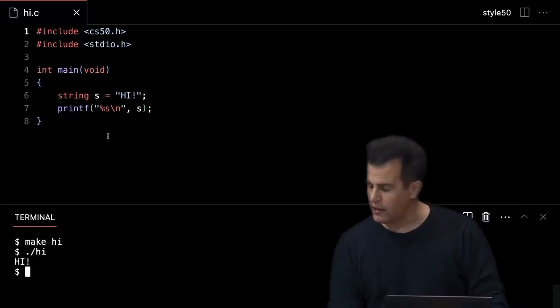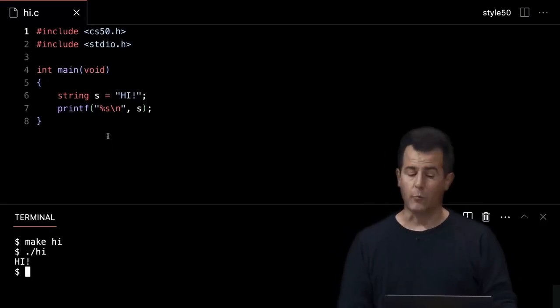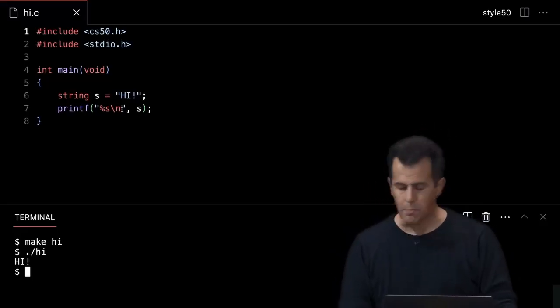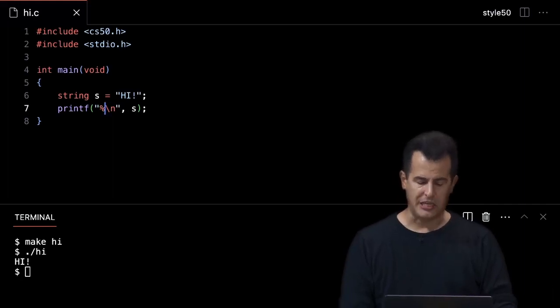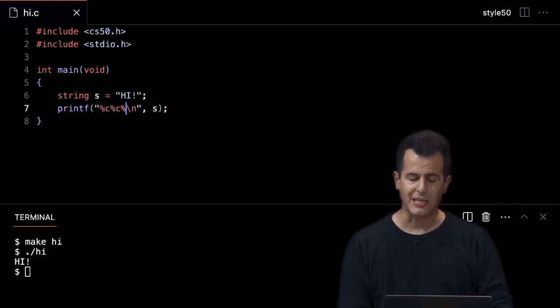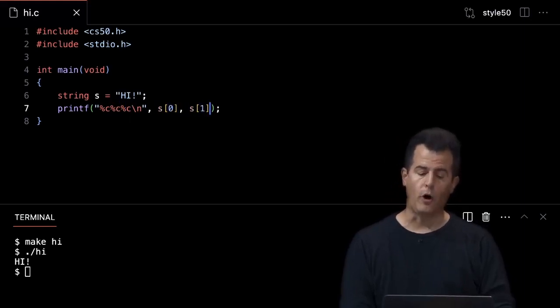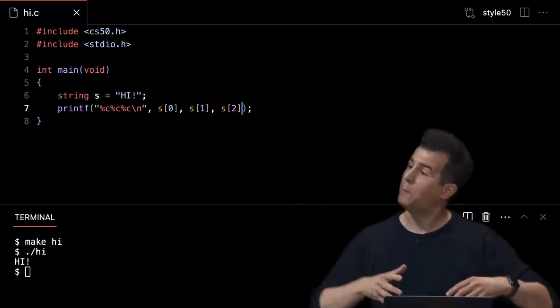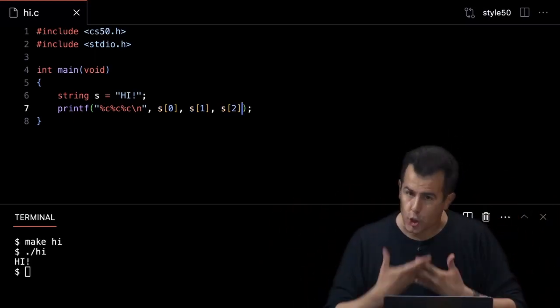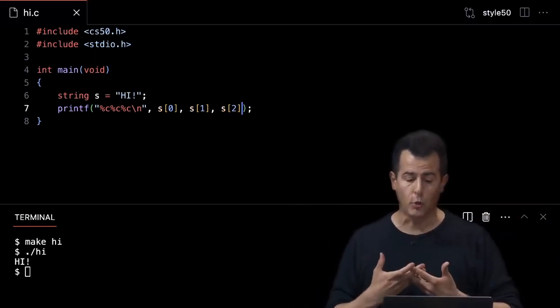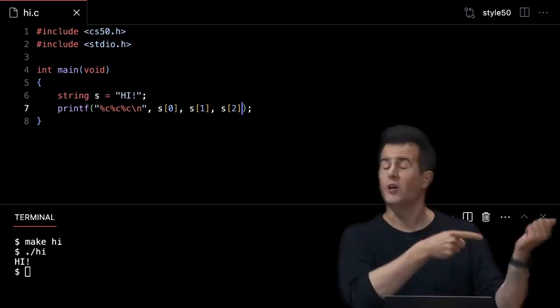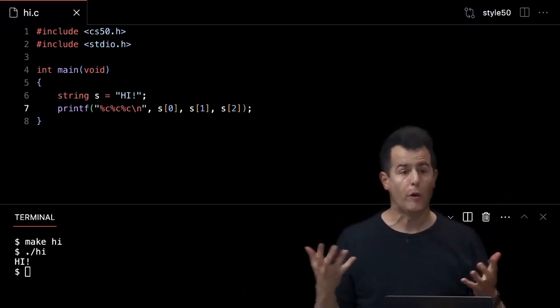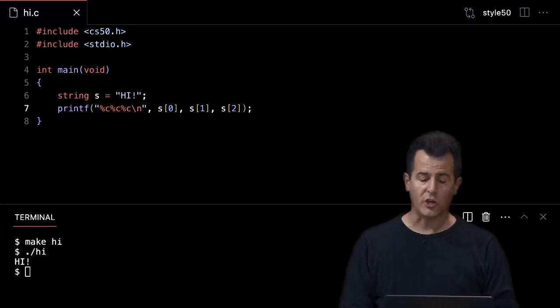So in fact, let me go over to maybe a variant of this program, and we can see this syntactically. So instead of printing out the whole string with %s, let me actually be a little curious and print out %c, %c, %c, and then change s to s[0], s[1], s[2], which is not better in any sense. This is way more tedious now, but it does demonstrate that I can treat s here in week 2 as though it's an array, which means even in week 1 it was an array, we just didn't know it. We didn't have the syntax with which to express that.